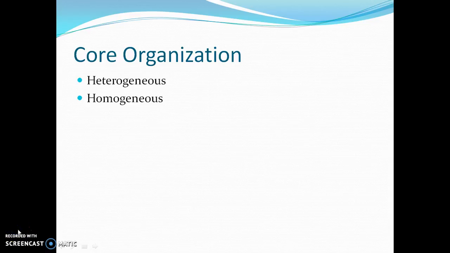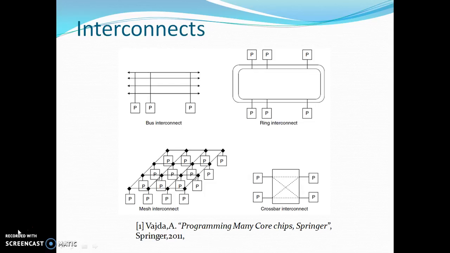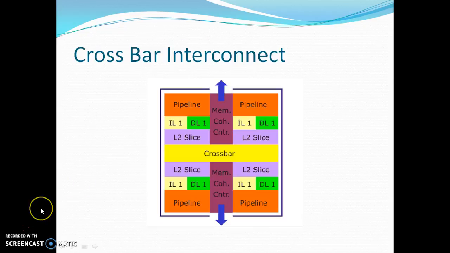Now we'll move on to see the interconnection. Previously on a shared memory microprocessor, a common bus was used, but it limited the bandwidth of the total system. Also, it added delay. So today, the most commonly used interconnection networks are as follows. This figure shows bus interconnect. This shows ring interconnect. The most common of these are the crossbar interconnect networks. This figure shows a crossbar interconnect network in which all cores are connected by the crossbar network.